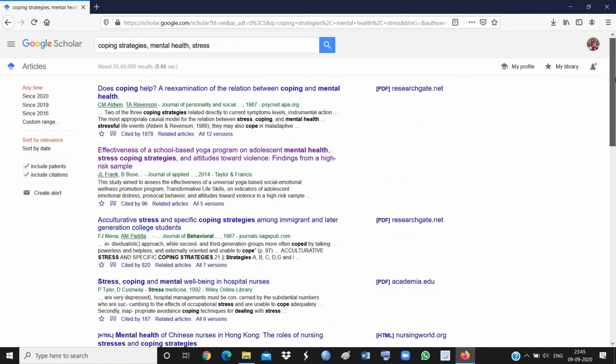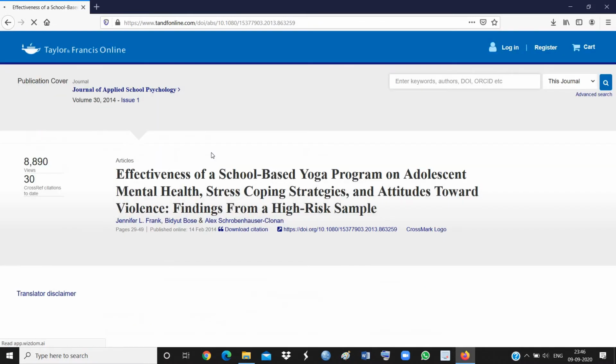So for that sake, there is a shortcut or a trick for downloading those research papers which are not provided with a direct download link. Like over here on this page, you can see that in front of this particular result, PDF is written, which means whenever we click on it, we can easily download it, right? But you can see in the second result, nothing is mentioned, meaning we cannot download it simply by clicking on it.